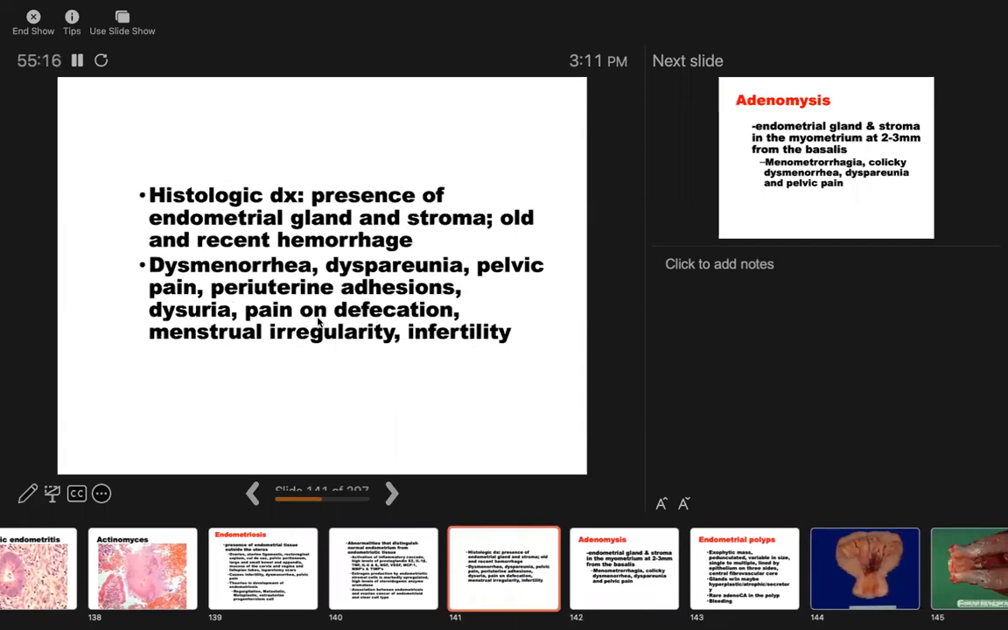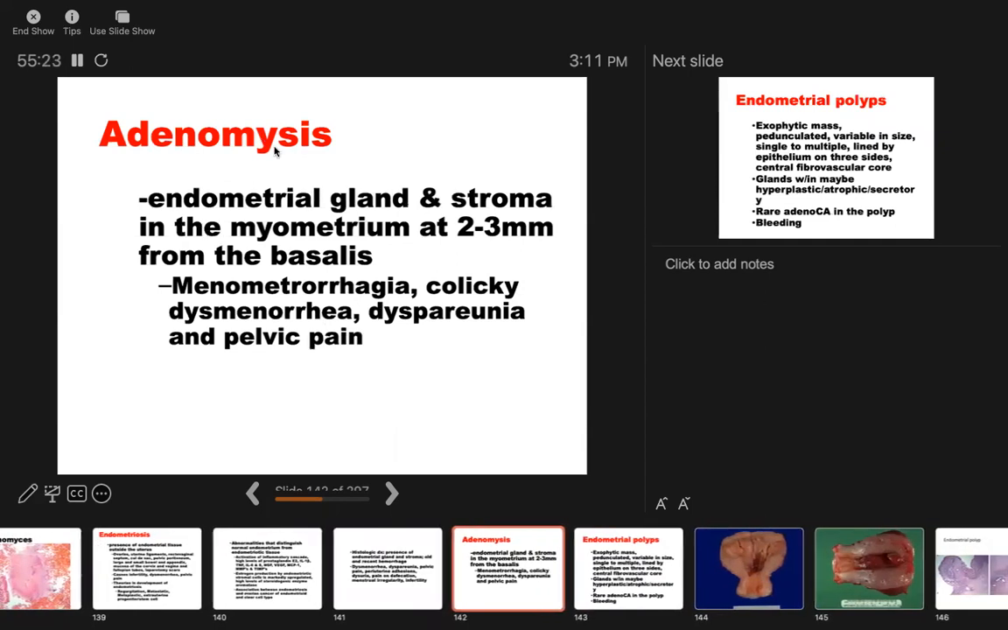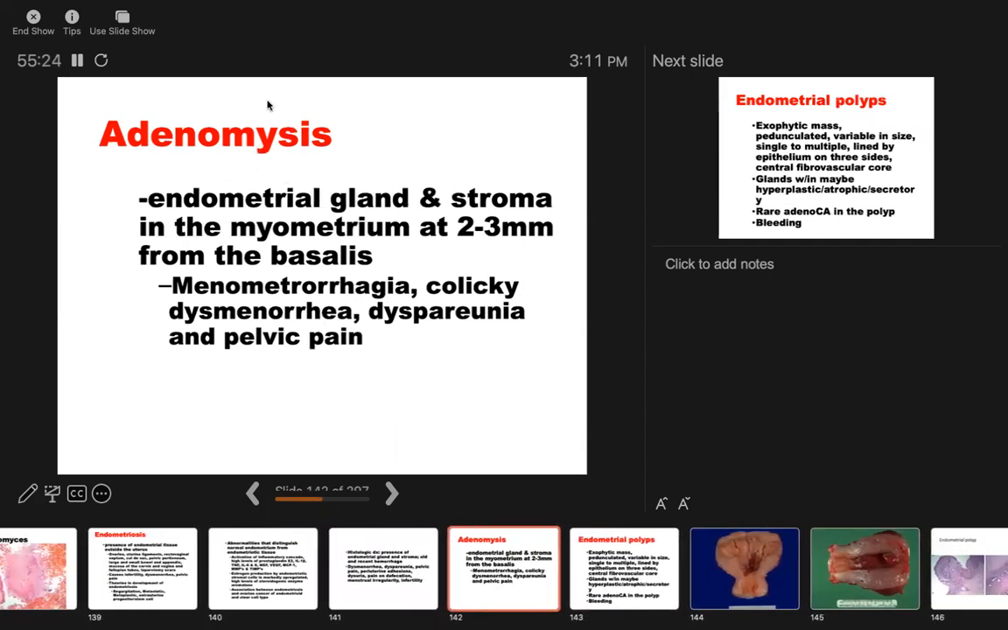So, what is then the difference of endometriosis with adenomyosis? Look at the, well, this is a wrong spelling. There should be an O here. The myo here should remind you that you are looking for endometrial glands and stroma embedded within the myometrium, which is supposedly that the endometrial glands and stroma are 2 to 3 millimeters away from the basal layer of your